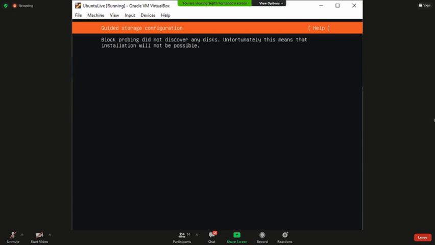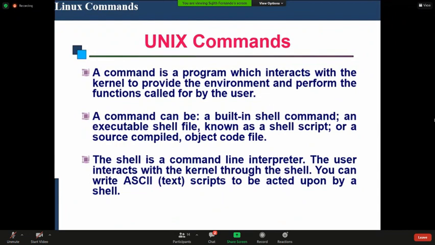Yeah, so it's saying no disks were found, so installation cannot be done. Yeah, so I did not create a virtual hard disk. So there's no hard disk actually in this virtual machine. Okay, so